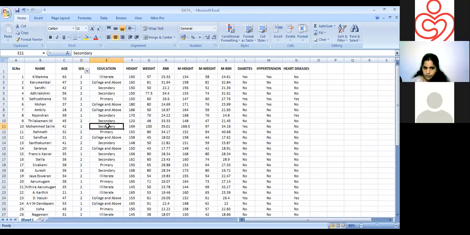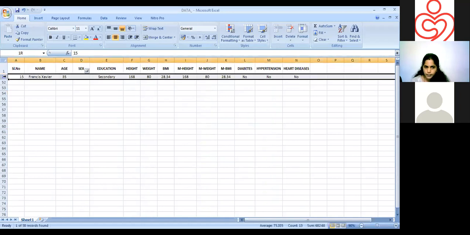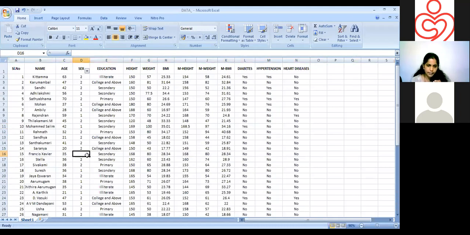If one of the columns is blank, what will happen? If one of the columns is blank, it will come as blank only. We can find it out. See, one column is blank. So here we can find out that cell number also, which cell is blank. So we can find the missing values, and as Radhika already mentioned yesterday, we can enter some values there.